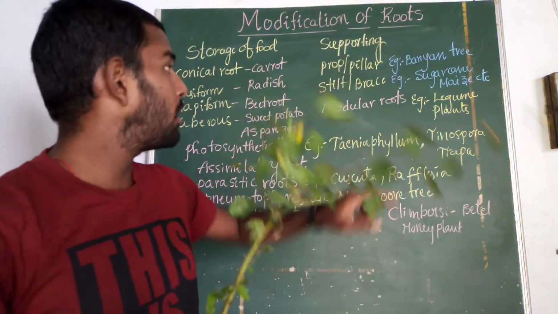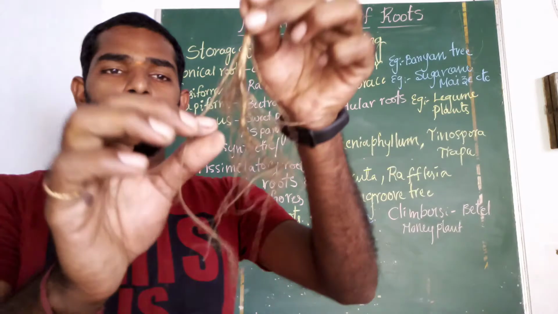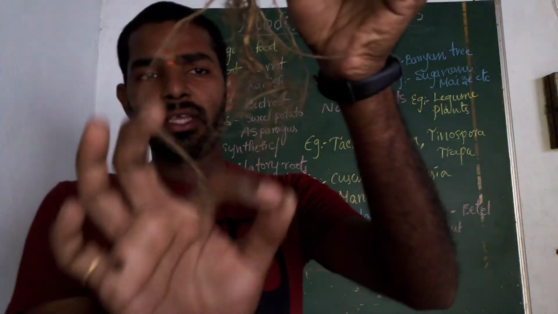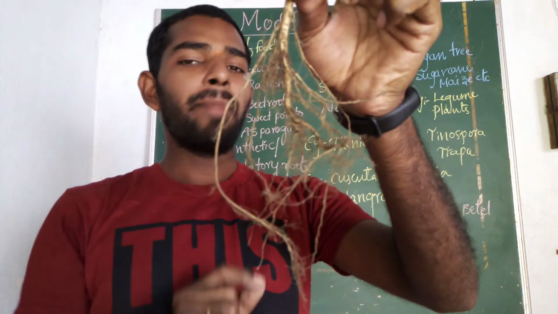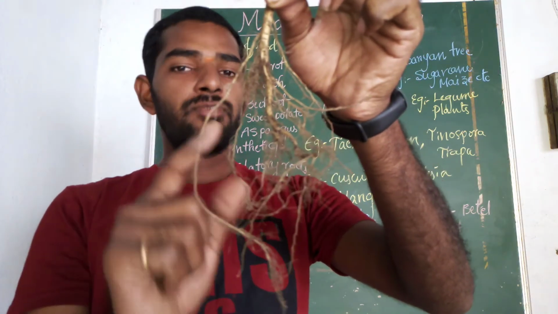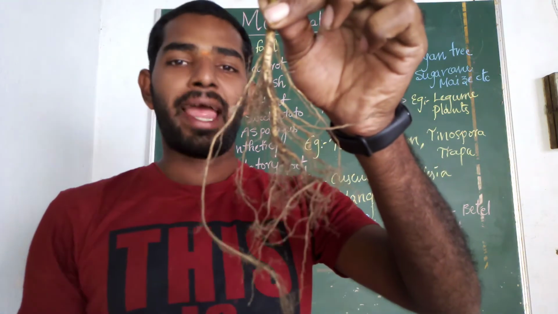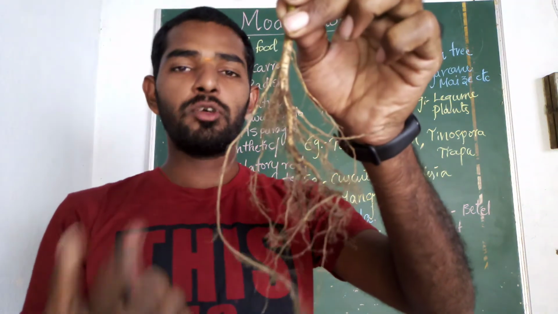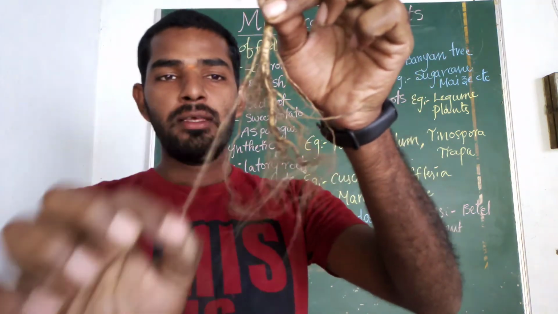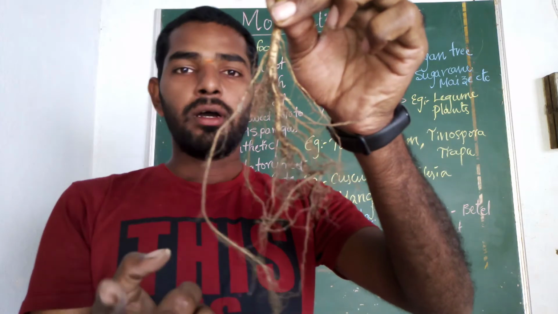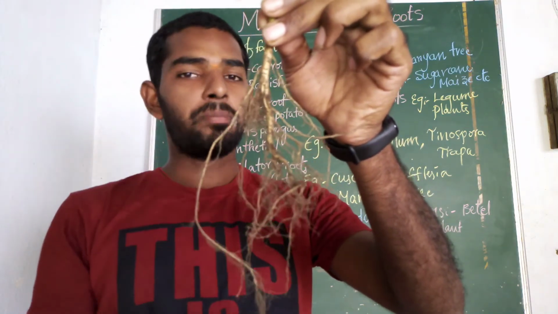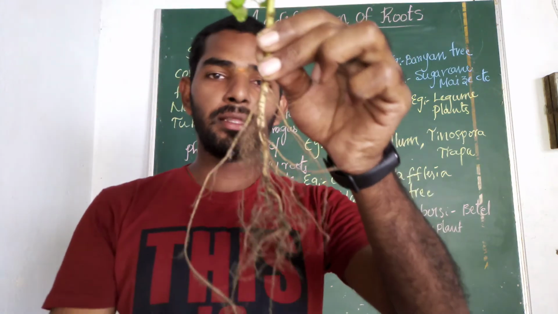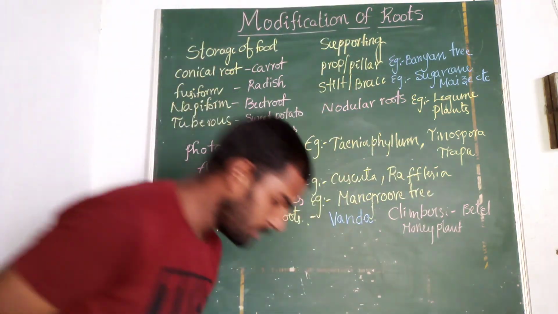I am saying the nodular roots. Here the lateral roots have circular spots. These spots will absorb the rhizobium bacteria. The rhizobium bacteria will provide nutrients to the plant, meaning they will convert atmospheric nitrogen into ammonia. Here the plant gives food and shelter to the bacteria, and the bacteria supply nutrients to the plant. So both are benefited, which comes under the symbiosis process.